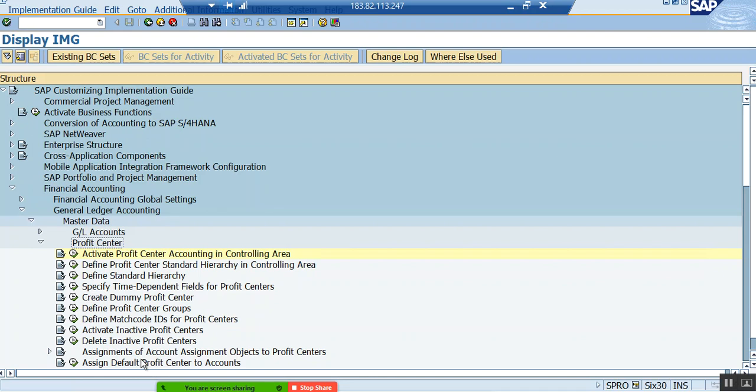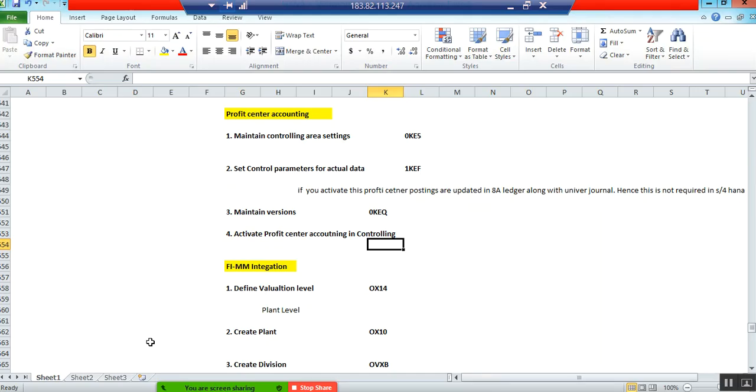Whenever we are activating profit center accounting in ECC, as per the classic profit center accounting, we need to create a dummy profit center. Right? Last time we created the dummy profit center. And in some of the documents, if a profit center is not entered by the user and profit center is